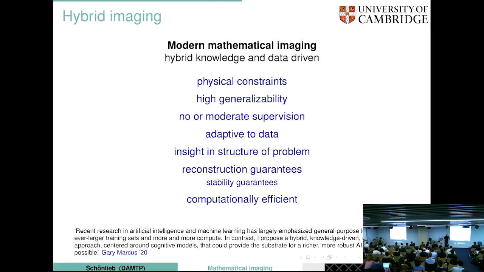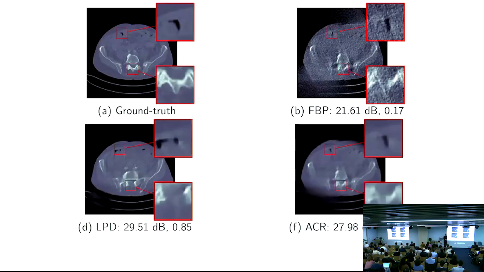And what we in the group have been really trying to work on is something in the middle, something that gets the best of both worlds, because that's exactly what we would want in a real life setting. I.e. basically also get this adaptive to data and computationally efficient. And just to give you an example of why this actually matters, and this I think is something that Carola